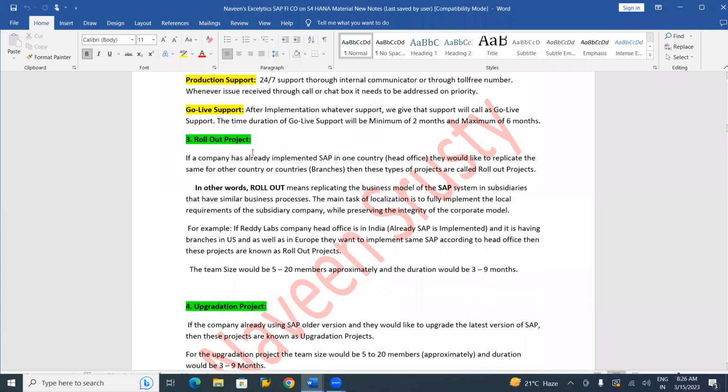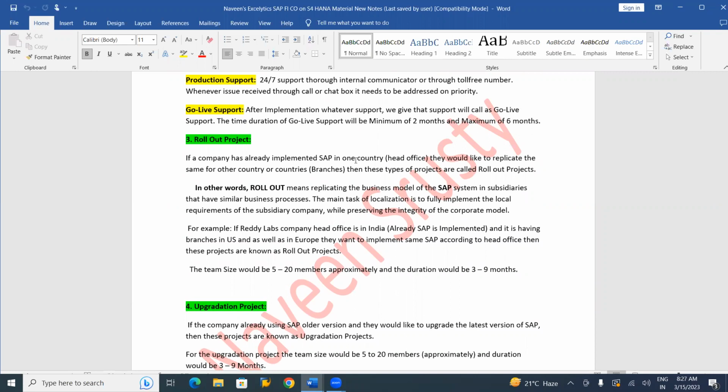Rollout project. What do you mean by rollout project? For example, we have different companies in different countries with the same corporate office in Hyderabad, India, and the companies are spread across the globe.